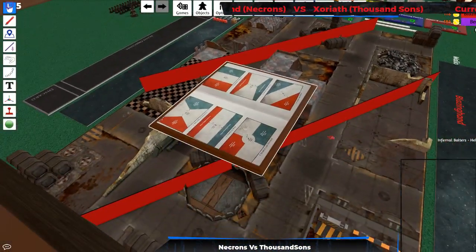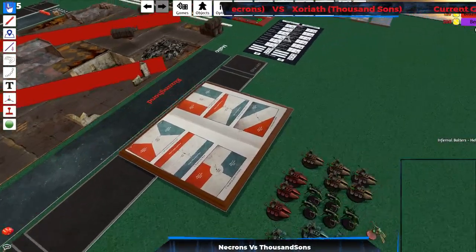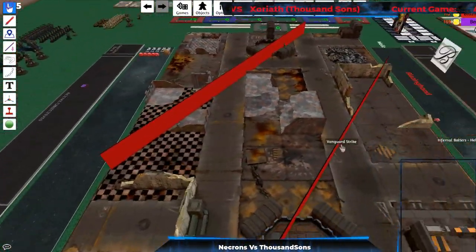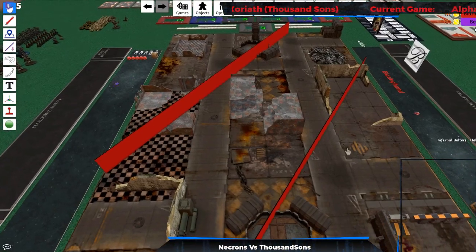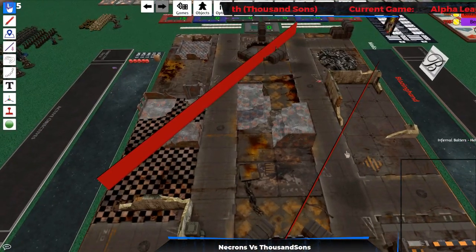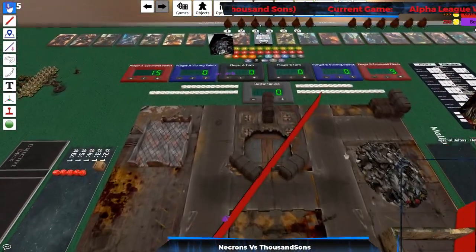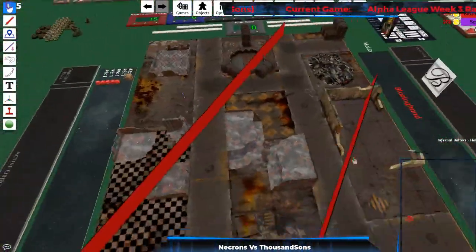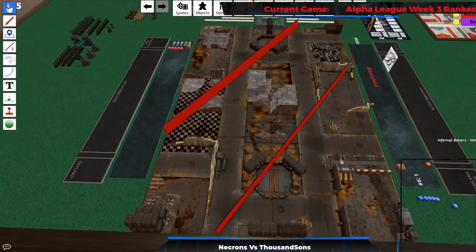All right. So the player who rolled higher determines the deployment type, and then you get to pick your deployment zone since you're the one who rolled higher. I'm going to stick to this side since the map is pretty symmetrical. Sounds good. Now we select,